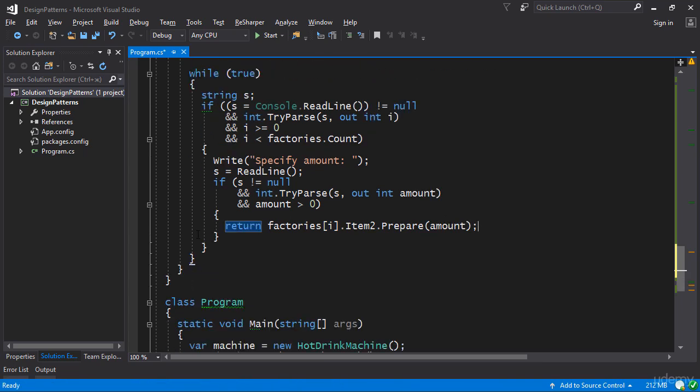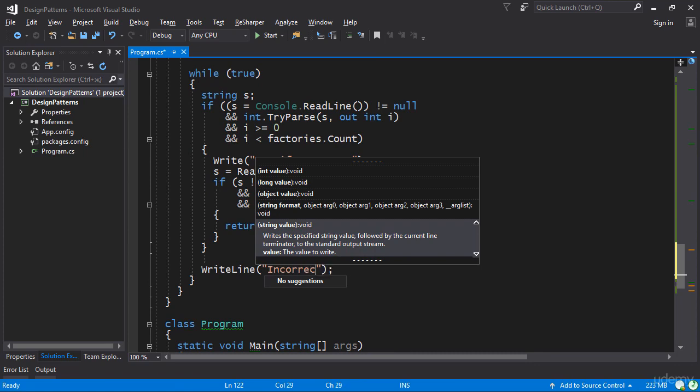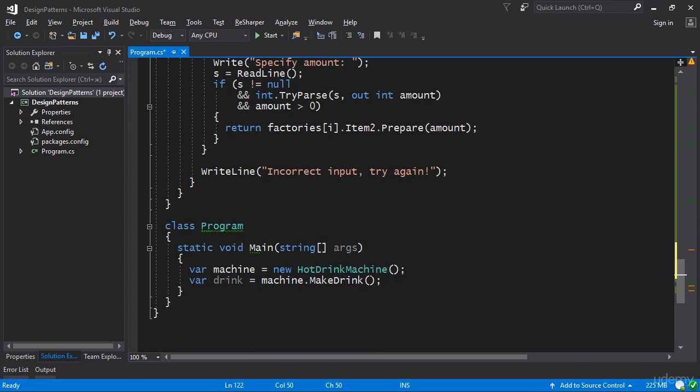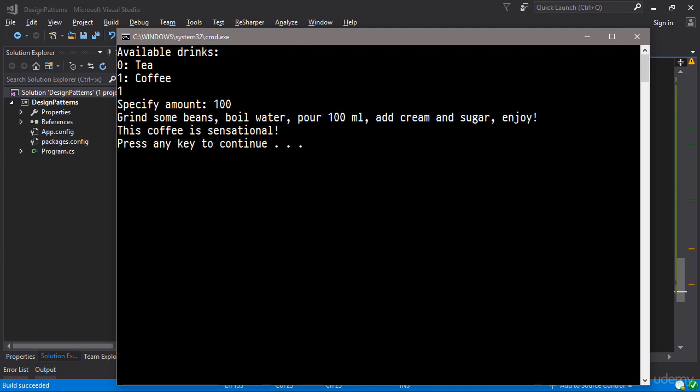And if all of this fails, then somewhere towards the end of the while loop, we can write line something like incorrect input, try again. Okay, so now that we have this kind of setup, we can actually not just get the drink, but consume it as well. Okay, so now that we've built this example, let's take a look at how it works. So I have two available drinks, 0 and 1. I can make a coffee, for example, and here I can specify the amount as 100, and I get 100